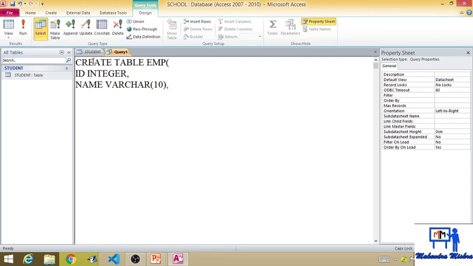When you create the integer data type, you need not give the size, but here you have to give the size. Then the next one is city. The data type is varchar, and the size might be 10, comma, address.